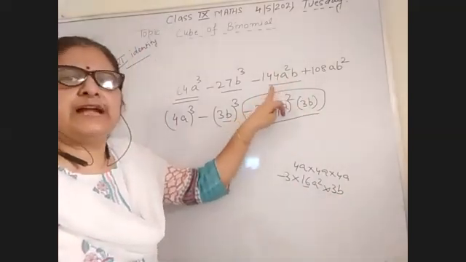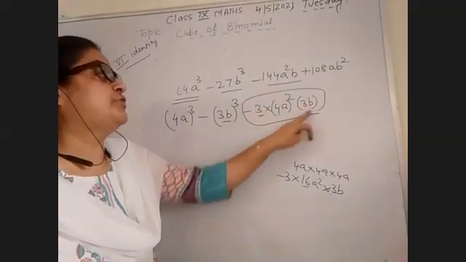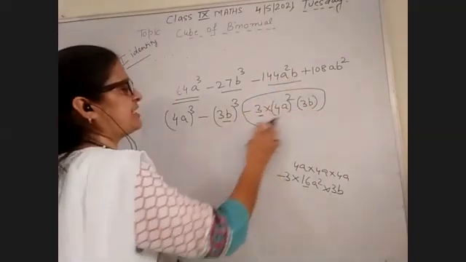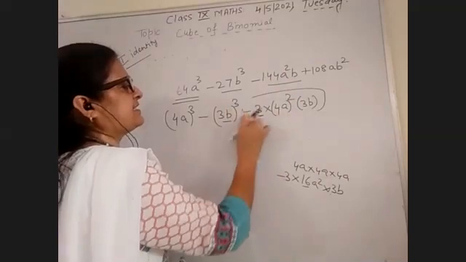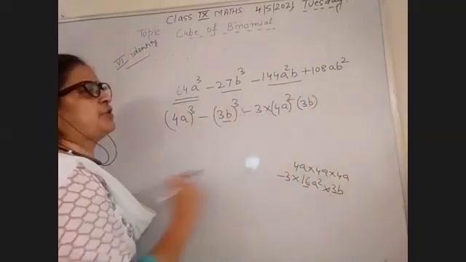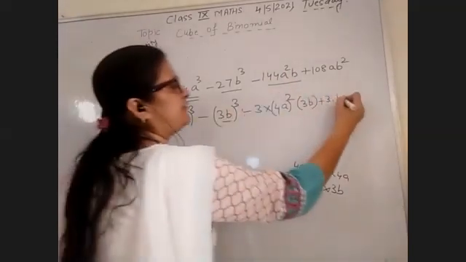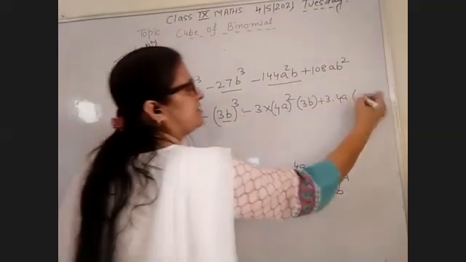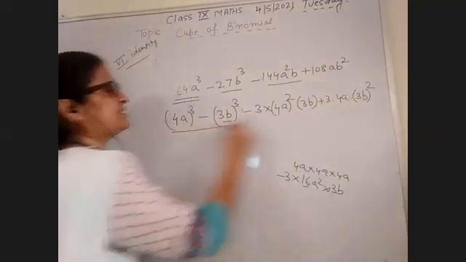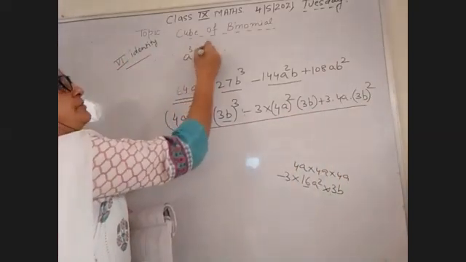Now you expand minus 144a square b into this form. You have written 144a square b in this form, minus 3 into 4a whole square into 3b, and plus 3 into a is given 4a and b is given 3b, 3b whole square. Now this identity, I have written this question in this form, a cube